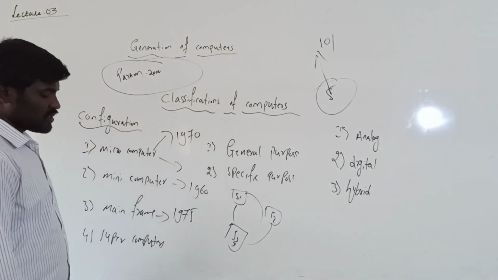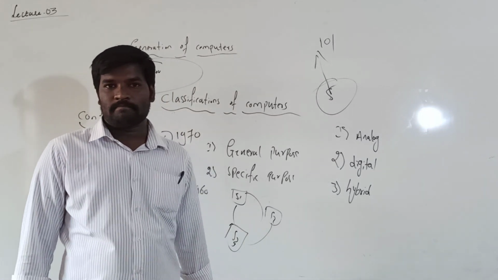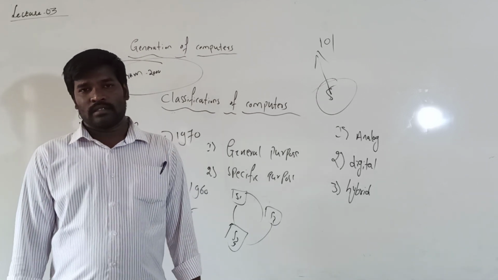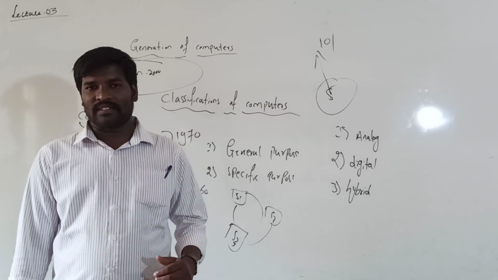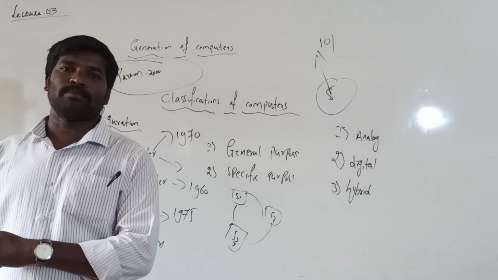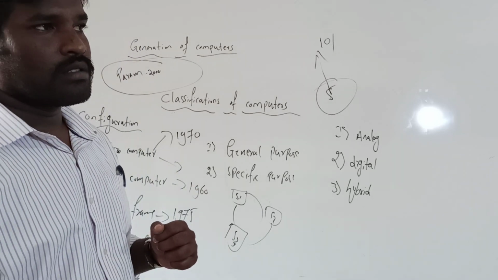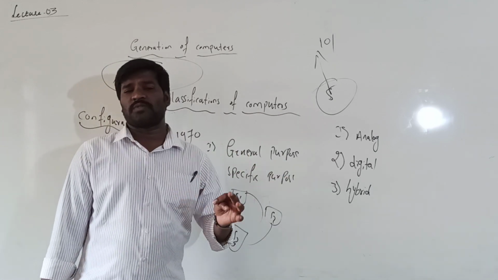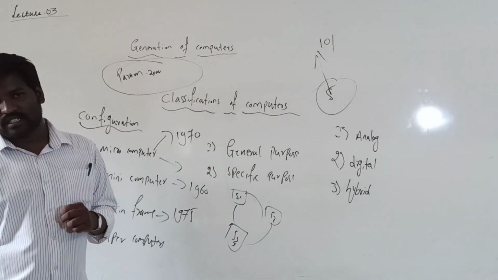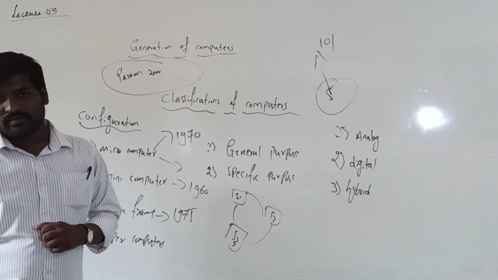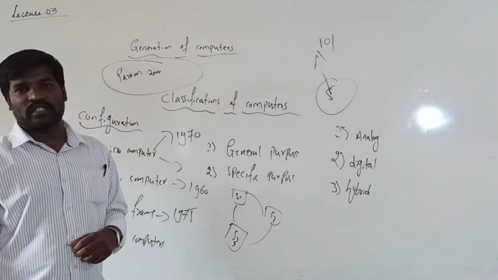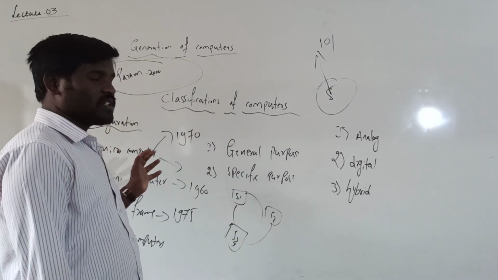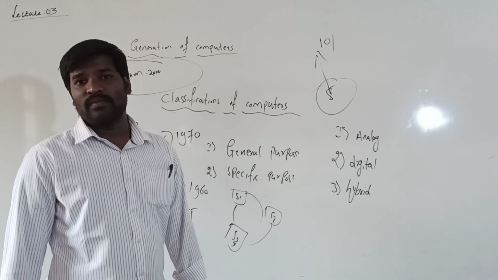So this is all about the first chapter. The first chapter starts with the definition and the components of a computer. What are the components of a computer? Hardware, software, data, information and the user, and the block diagram of a computer. After that, the evolution of computers, then generations of computers, then classification of computers. That completes the first chapter.